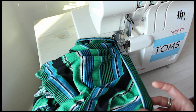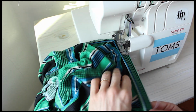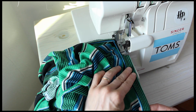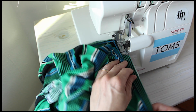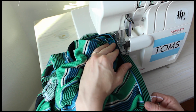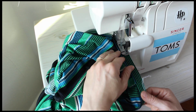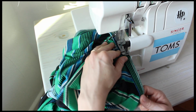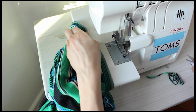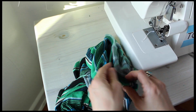So now we're coming along to where we started, which is awesome because we're done lining up notches, and now we just want to make sure all the raw edges are lined up, and we're going to serge it. Okay. Let's see